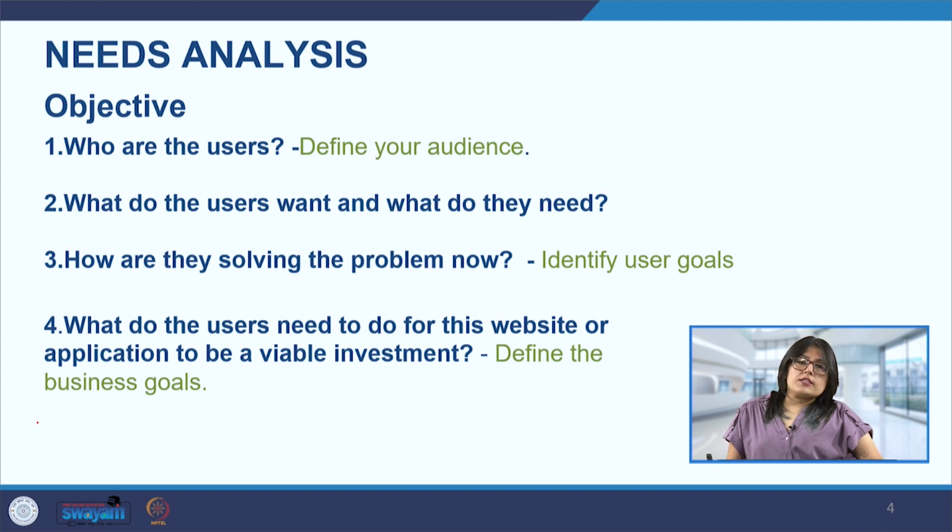So now, if we assume there is a mobile application that we are using for ordering food, and the website or the application does not really have a proper structure of, for example, saving the information of the favorite foods of the user. So the user may create their own way of knowing what foods they liked previously. Maybe they will make a note of it in the phone itself, in the notepad, so they can refer to it once they open the application. They will refer to their notes and they will enter that particular food item there. So they may find their own shortcuts in solving their own problem.